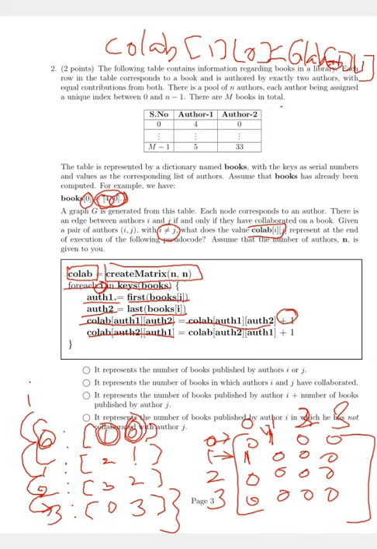So similarly we go through the books, that is 0, 1, 2 and 3, and we increment the values in this matrix. So basically if you go and pick up a random element in this matrix, say I, J, what will the value at that particular element tell you? It tells you the number of books in which the authors I and J have collaborated on. That's basically what it tells you. So if there are two books in which authors I and J have collaborated, then that number is basically the number of books that these two authors have collaborated on.